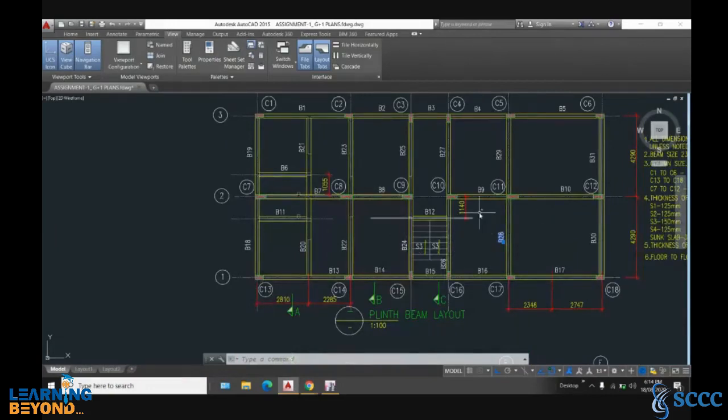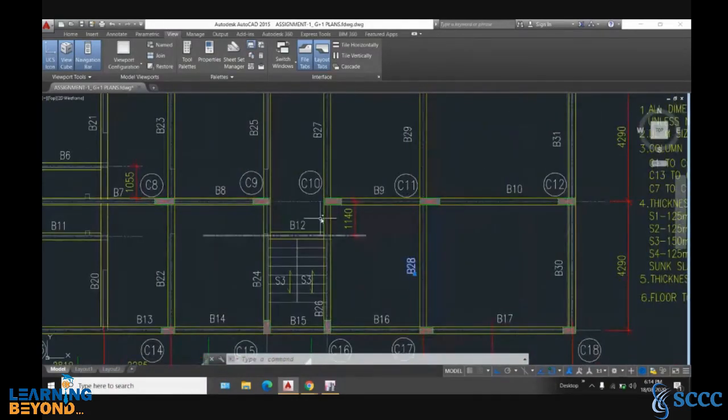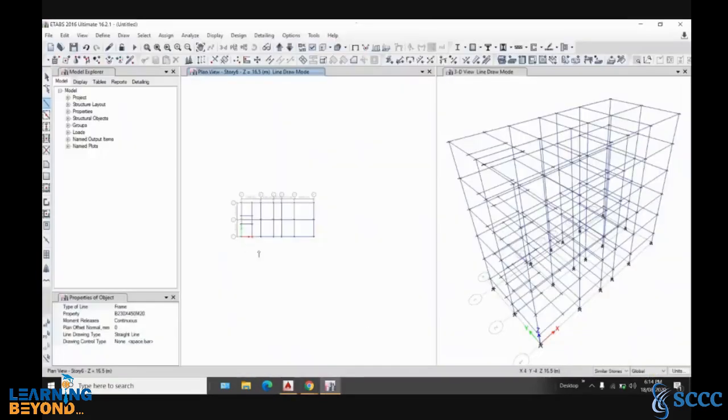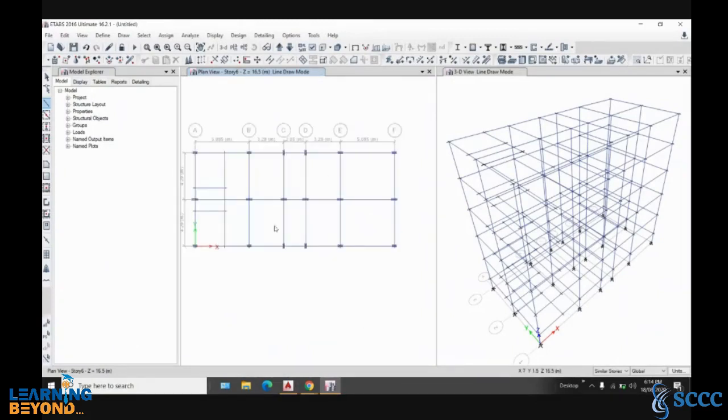Now in the plan, you also have a beam B12 at 1140 from this grid line. So you can create that also. So go to the ETABS model, and first let's draw the points.